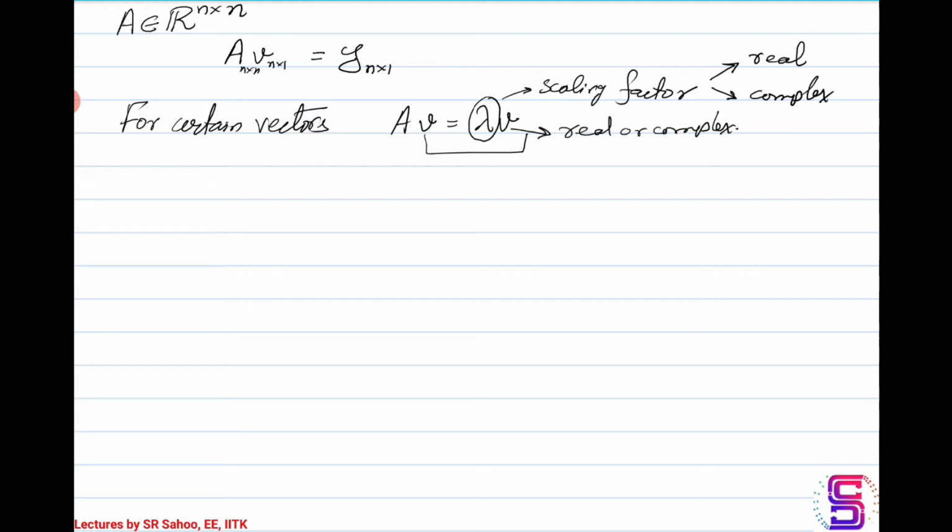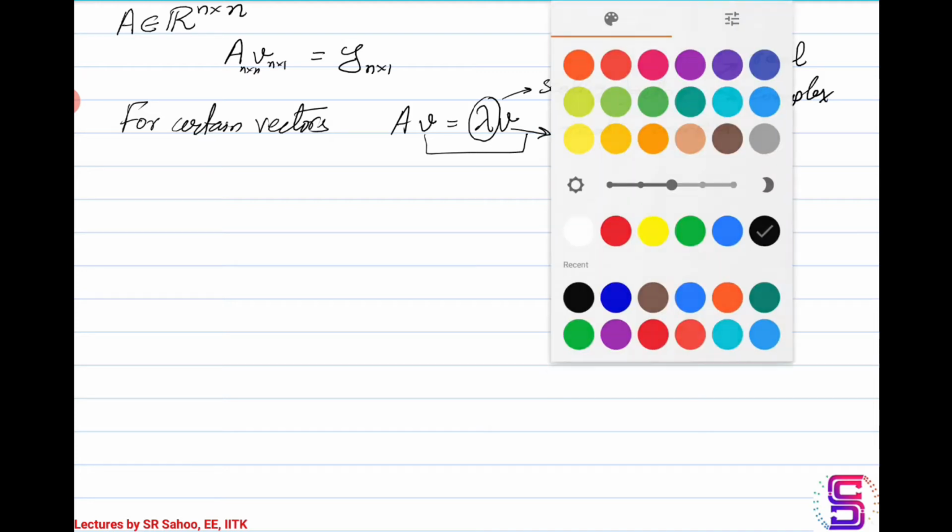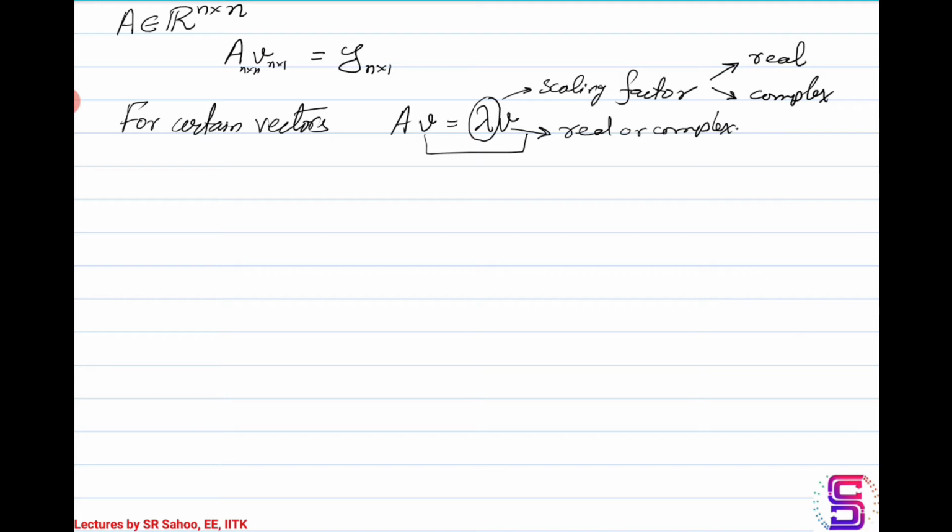Okay, the scaling factor here is called the eigenvalue, and the vector that you have used, V, is called the eigenvector. Okay,